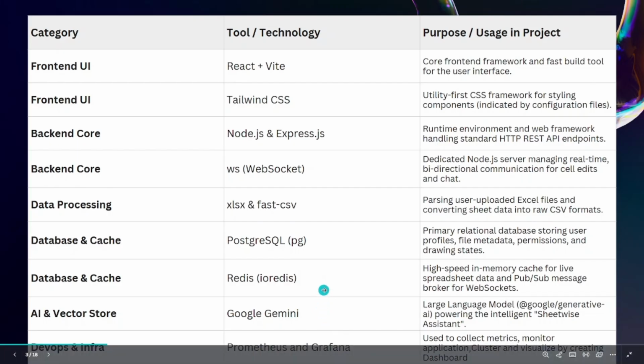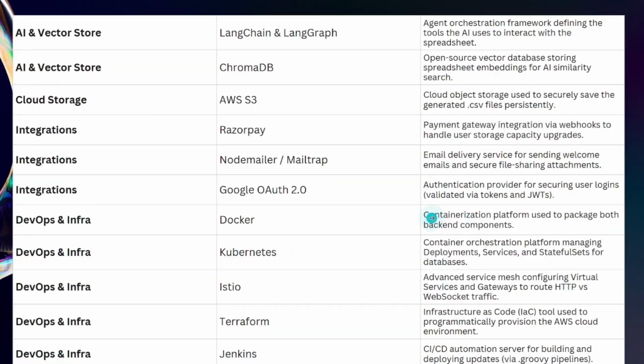On the DevOps side, I used Prometheus and Grafana for monitoring. I used LangChain and LangGraph for the AI orchestration. I used ChromaDB for the vector store. I used S3 for storing the files in the cloud for file persistence. I used Razorpay for payments, and I used NodeMailer for sending automatic emails.